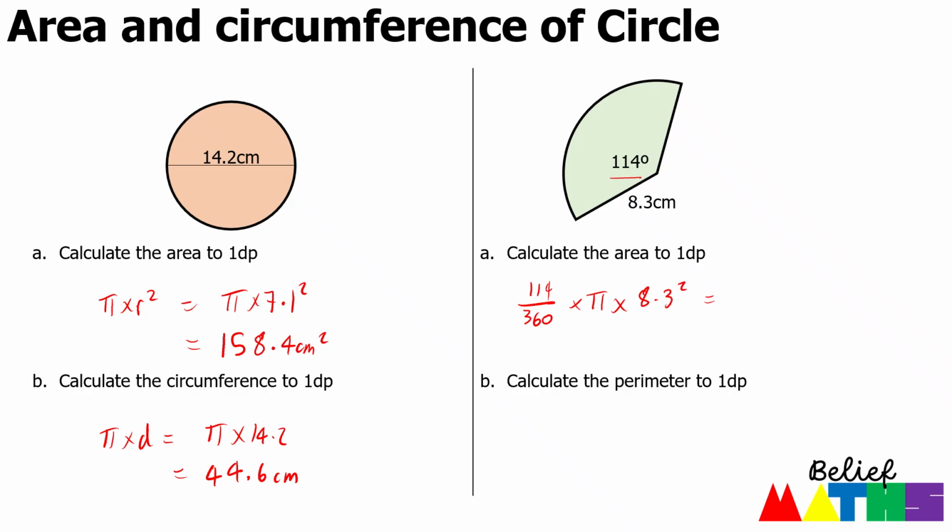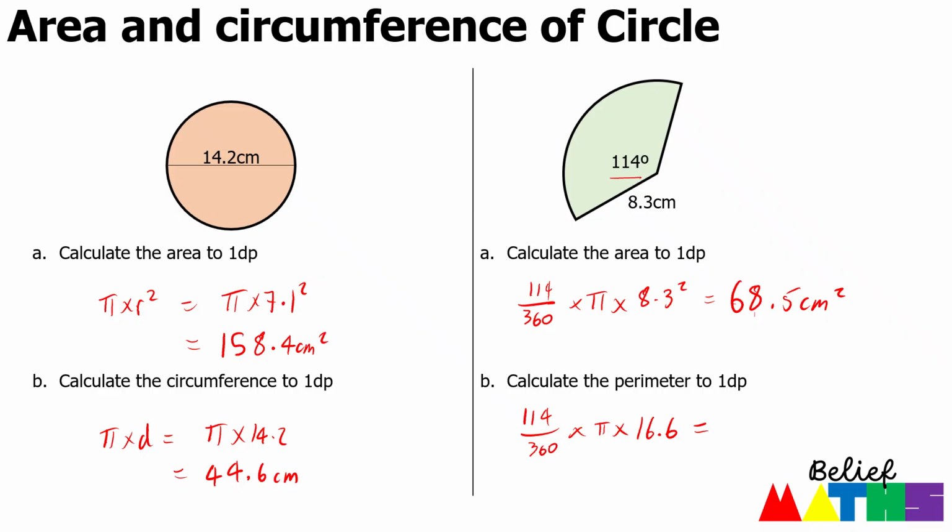So you're not given this formula fully, but you are given the area of a circle, and if you just remember it's the fraction that you should have, that'll give you your answer, which in this case is 68.5 centimeters squared. Perimeter, again in the same sense, we can do 114 over 360 times pi times the diameter, and again we're given the radius here, so the diameter is 16.6, and we can work that out,